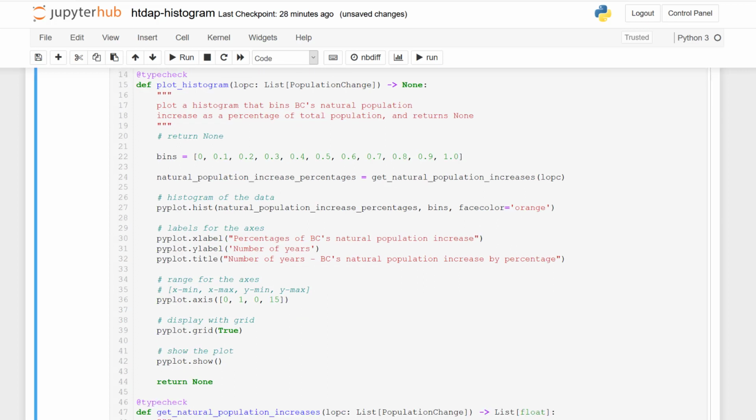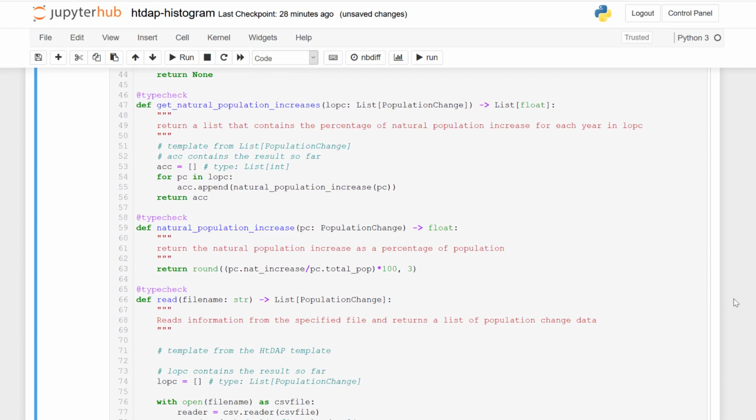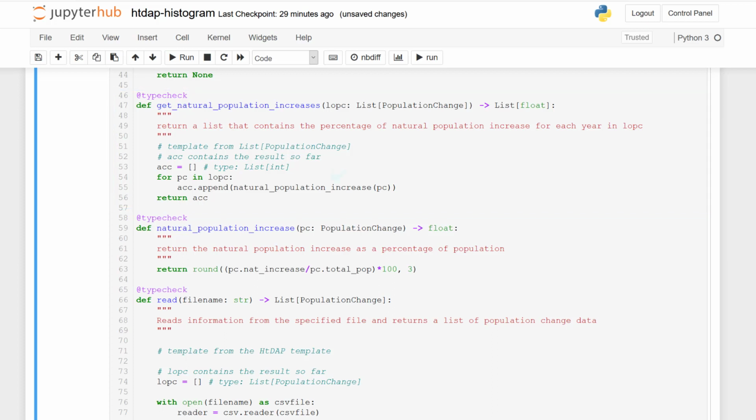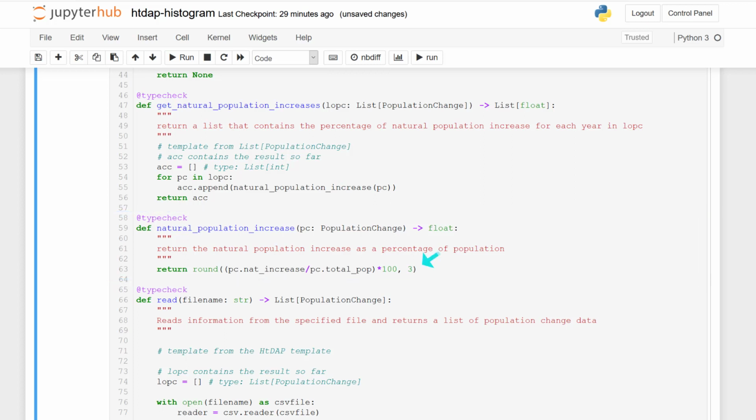Okay, I have completed this function design. I'll quickly show it to you. So get natural population increases goes through the list and calls another helper, natural population increase, that takes a population change, calculates the percentage of total population, and rounds it to 3 decimal places.